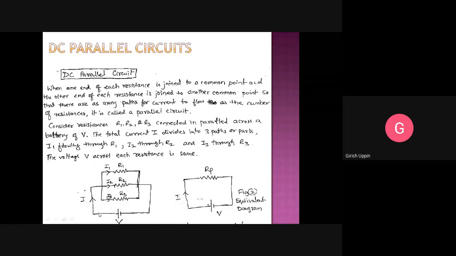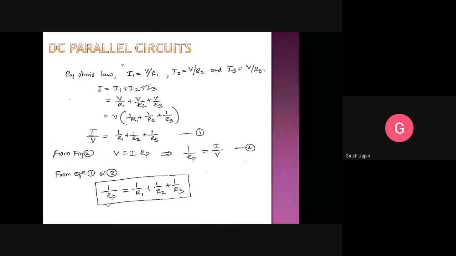And whatever current flows here is exactly equal to all the branch currents, meaning the total current I is equal to the sum of all the branch currents, that is I is equal to I1 plus I2 plus I3. Some of the characteristics we saw for DC parallel circuits, we will see again. In a parallel circuit, the total current of the circuit is equal to the sum of all the branch currents, that is I is equal to I1 plus I2 plus I3.